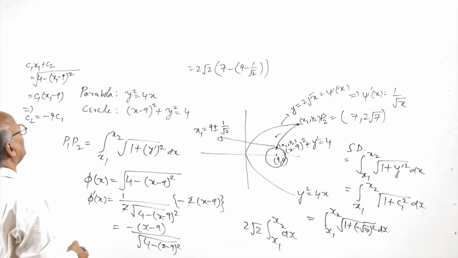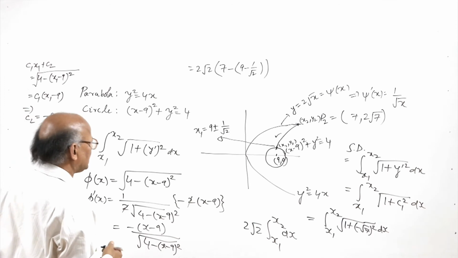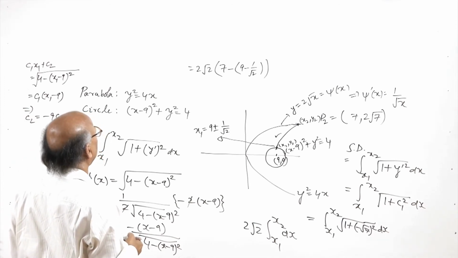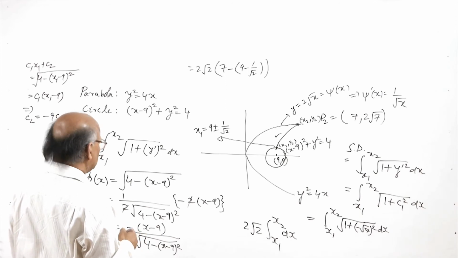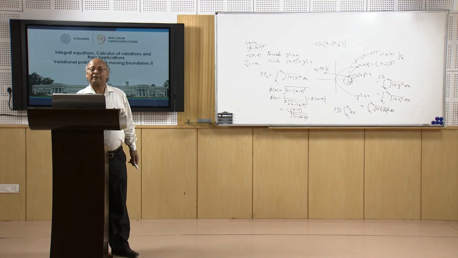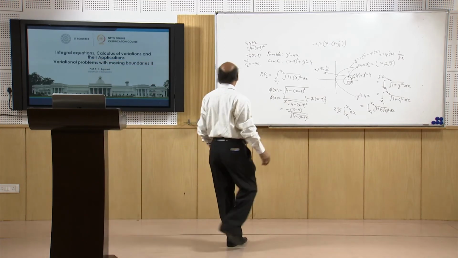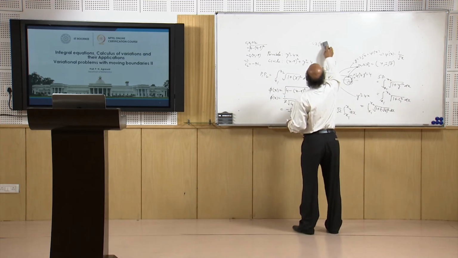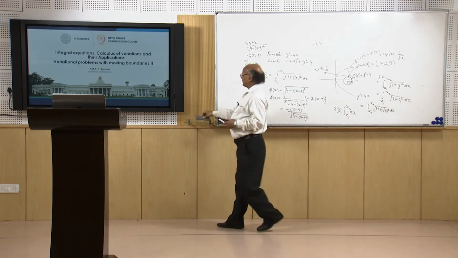This will be coming out to be negative, so that is why we are writing 9 minus 1 by root 2. If we write, okay, so 2 root 2, 7 minus x1 by 1 to x2 by 2. Okay, so this will be 9 minus 1 by root 2 minus